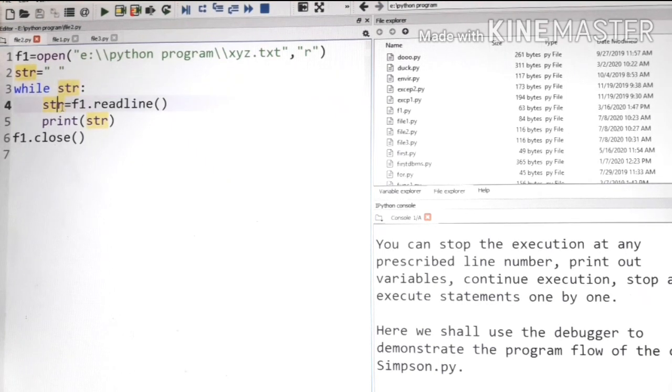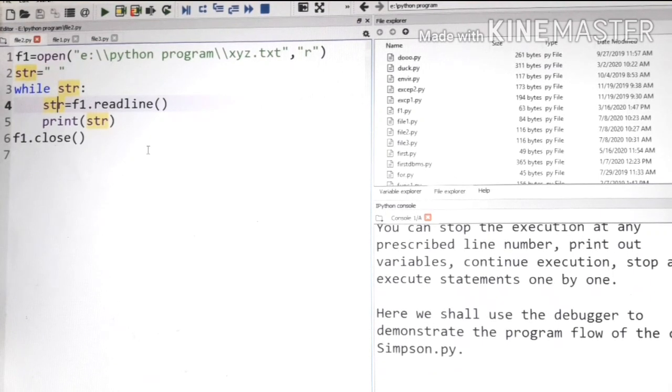So next, str is equal to f1.readline() and print str. This loop goes one by one, and readline reads the text line by line. Now run this program, the output will be the same, whatever content is written in the text file XYZ.